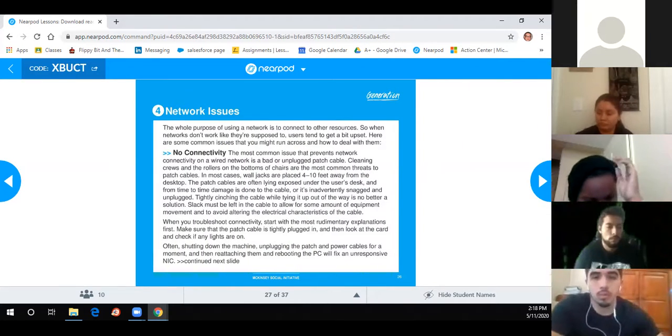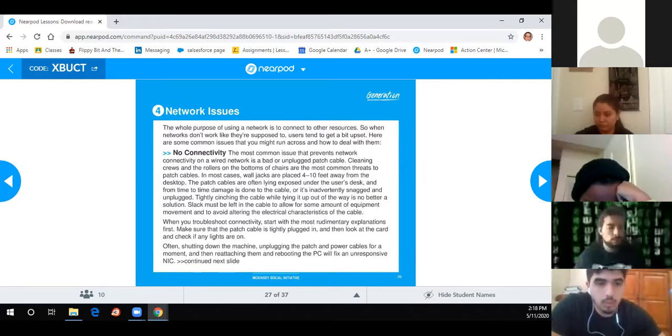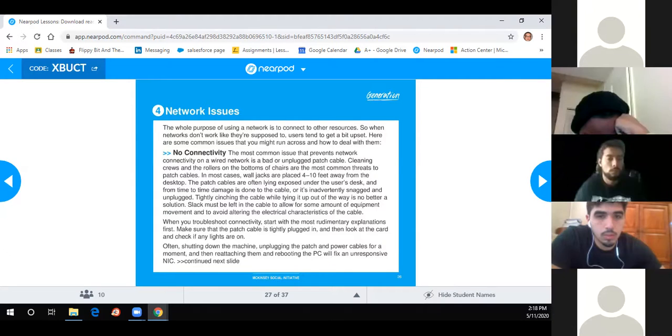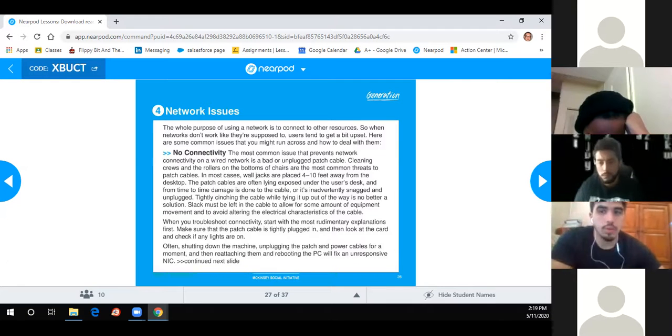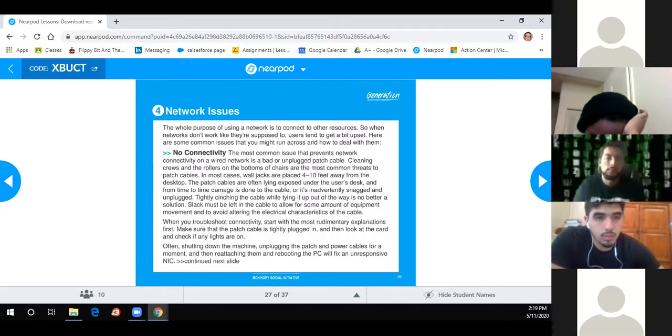Network issues. Next slide. The whole purpose of using a network is to help us, but people tend to get very upset when it comes to network issues. We may need to make sure that the issue isn't just the printer itself. Is it maybe that the whole area is down? Is the switch down? Is a cable unplugged? Maybe the cleaning crews. We had a lot of times where the cleaning crews came and would dislodge